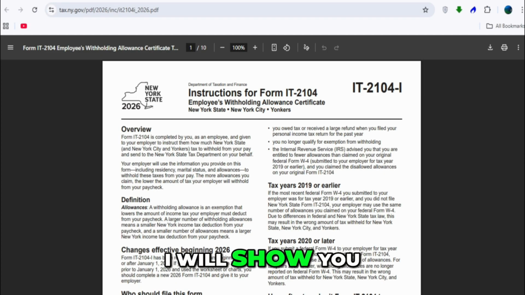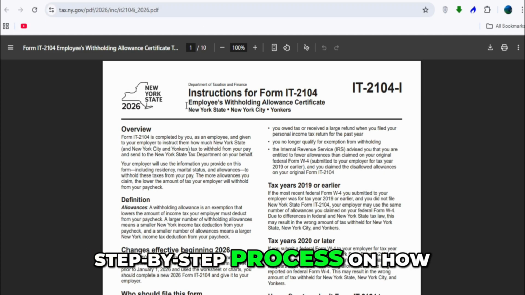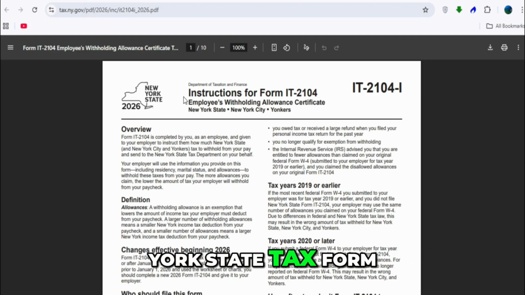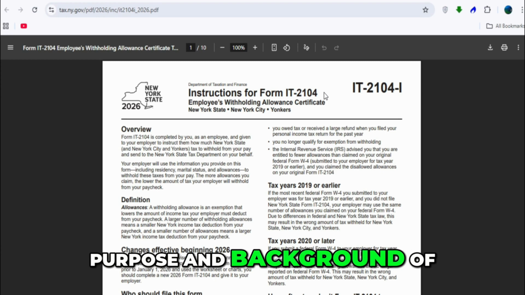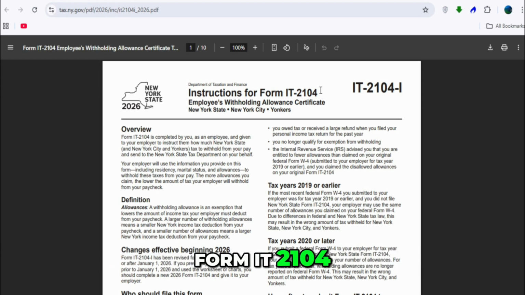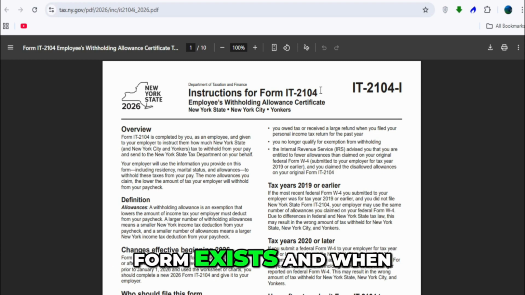In this video, I will show you the step-by-step process on how to fill out the New York State tax form. I will go through each and every page. Let's begin. Page 1 covers the purpose and background of Form IT-2104 and explains why this form exists and when